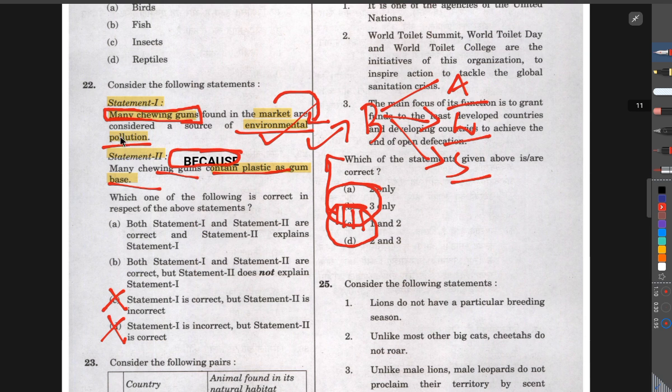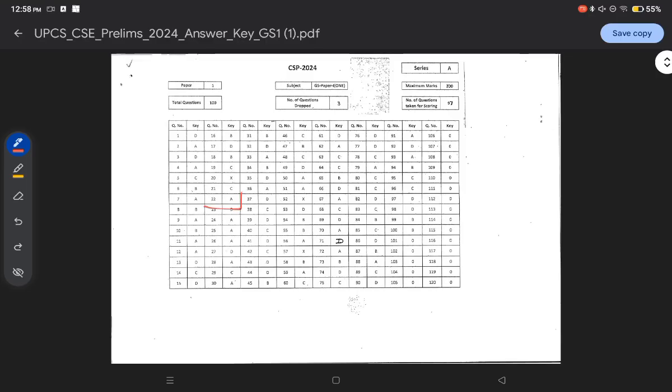There is a possibility for statement 1 and statement 2 being correct because of the chewing gums containing plastic as gum base. So there is some kind of intersection between statement 1 and statement 2, and we can safely take option A as the answer. To verify the answer, we can see that the 22nd is